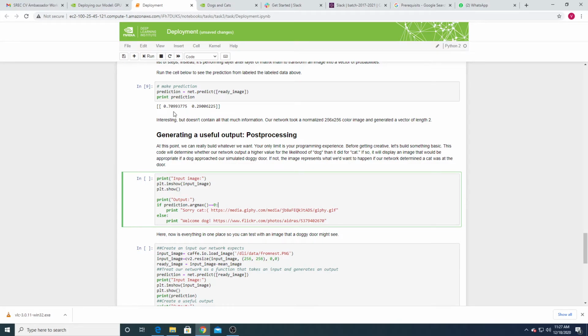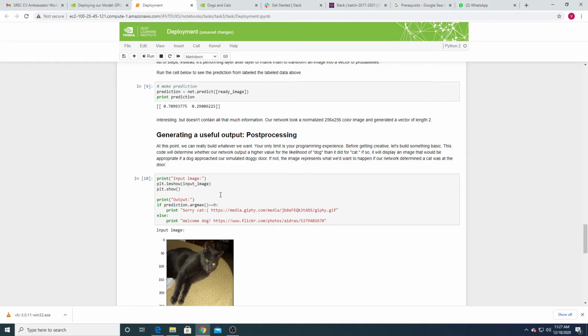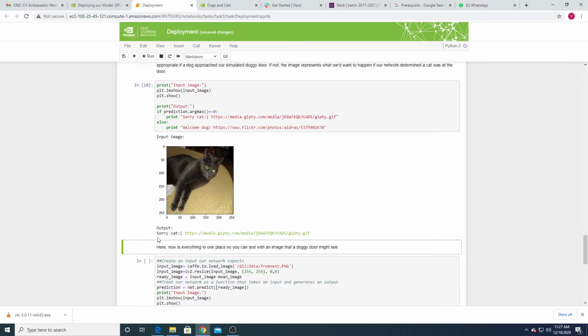If the maximum label index is 0, that means it's a cat, so I say sorry cat, I will not open the door. Otherwise, if it is the second one, then you say welcome dog. For the cat image, it says sorry cat, because we are writing code for the dog, right?